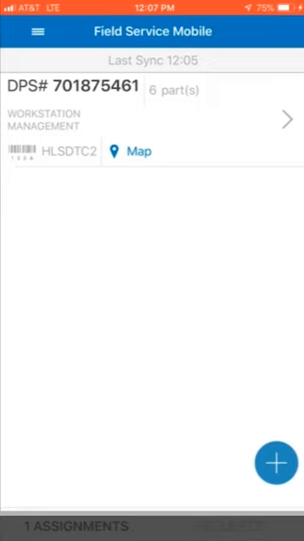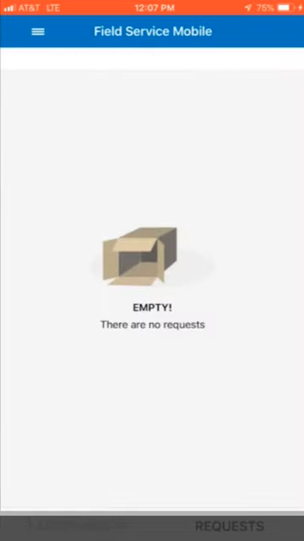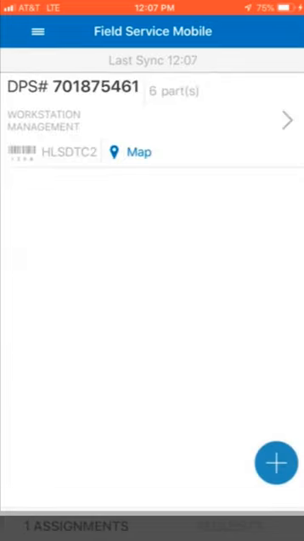As mentioned in the beginning of the tutorial, you can view all requests for new dispatches by clicking on the Requests tab at the bottom of the main My Assignments page to review statuses and see new DPS numbers once they've been assigned. Again, if you ever have any questions or feedback in using the tool, simply click on the upper left-hand corner of the screen, click Feedback, and send us